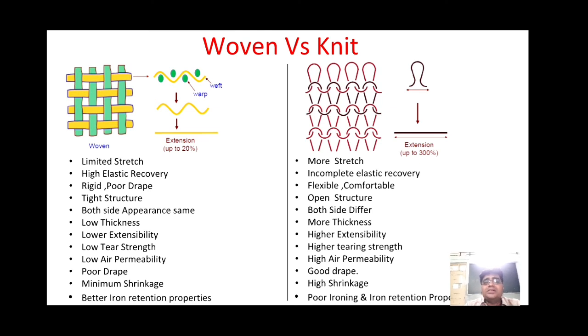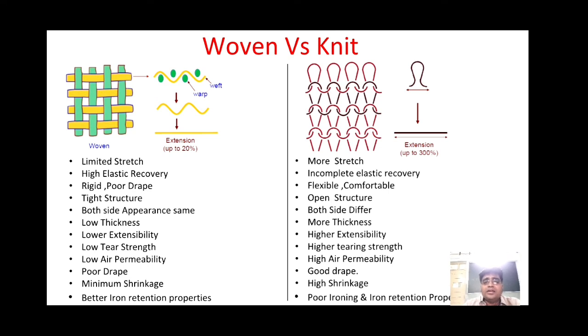Now what is a tear? You are going to learn this concept in the textile testing course. Tear means to rip, म्हणजे फाडणे. If we take an old fabric and try to tear it, that is what we call tearing, that is what tearing strength is. Woven fabric has a very low tear strength, and knitted fabric has a very high tearing strength.